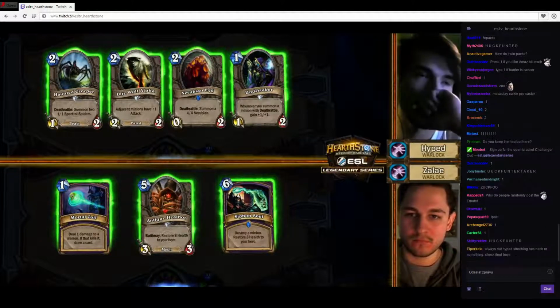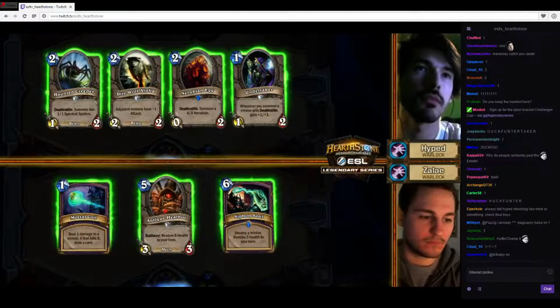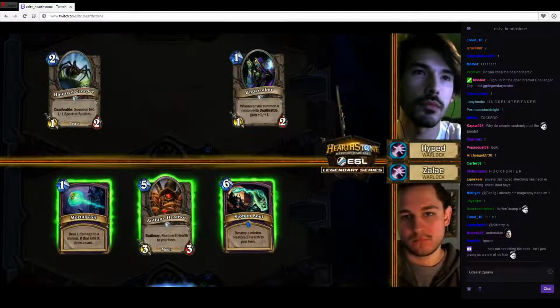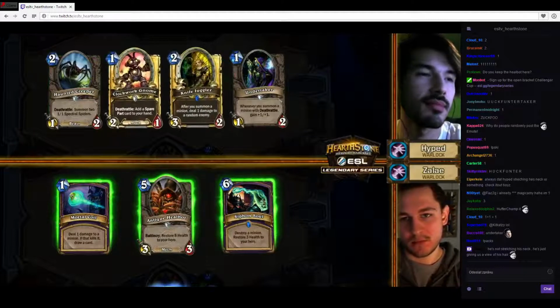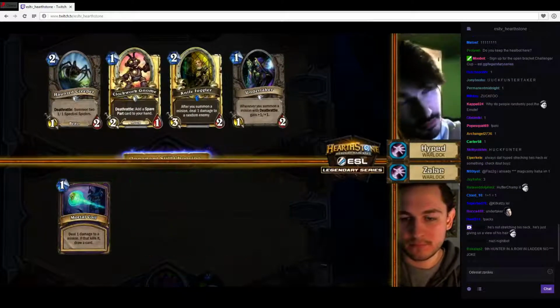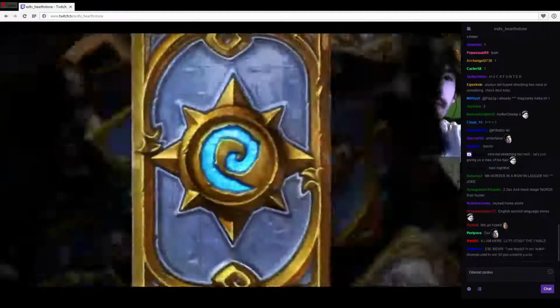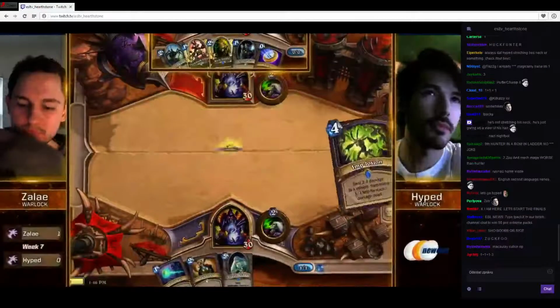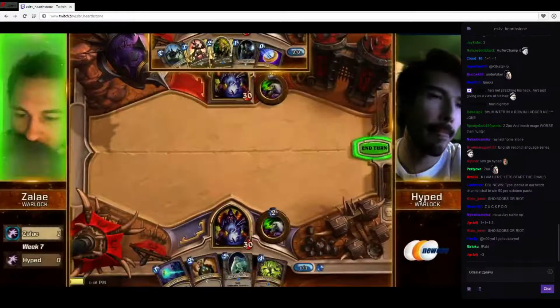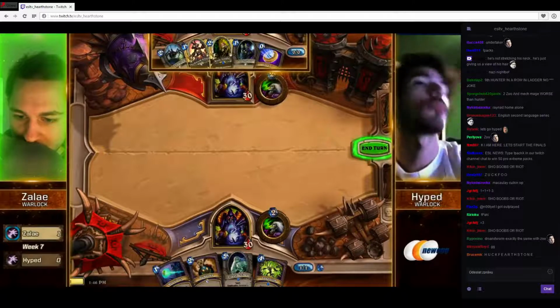Yeah, Zalae's going to be keeping Mortal Coil here, and Hype's hand is more up for grabs. Oh, it's interesting. See, I would have kept Nerubian Egg. Right, it's good against a lot of the AoE that Handlock could have, especially Hellfire. Yeah, I think it's more important than Creeper, actually. Nerubian Egg's a very important card for Zoo against Handlock. He's going to opt to look for a more aggressive draw and just kind of force Handlock to have the